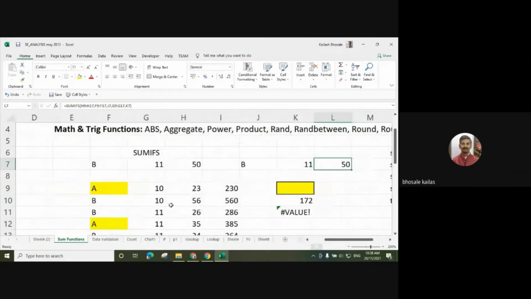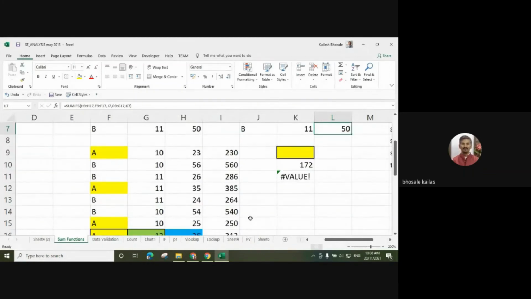We have seen the SUM function. Similarly, there are SUMIF and SUMIFS functions. So what is that? We'll see.